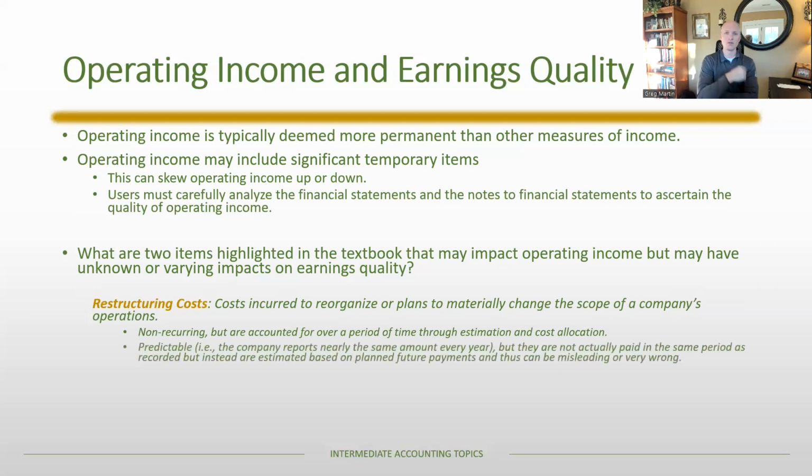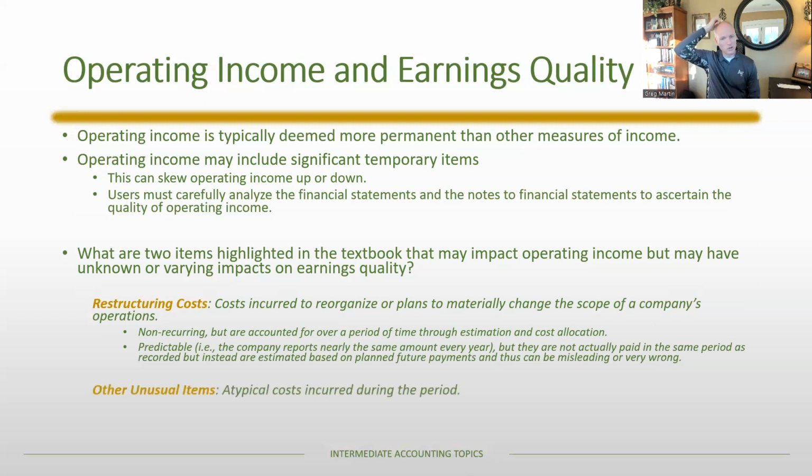First of all, you now have allocated a cost on a fairly consistent basis over a defined period of time. Well, there's really nothing more predictable than that. And so there's this mechanical predictiveness to restructuring costs in the way that they're reported, but the actual cash flows may be very different than the way you're allocating that cost. That smoothness could be very misleading if you didn't adjust and think through its effects. That's a really important aspect to restructuring costs.